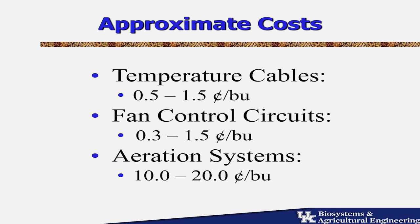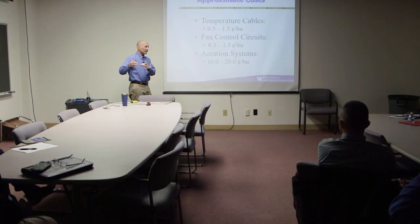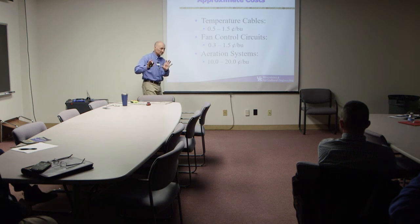And just to break down cables versus controls versus fully automated systems, this was put together by a colleague at Oklahoma State. Again, the temperature cables are a good place to start, but you can have a hotspot. If it's away from the sensor, it won't detect it until that hotspot gets quite large, right? That's why I like the CO2 monitors in addition to the temperature cables. I like both of them. At the same time, I think